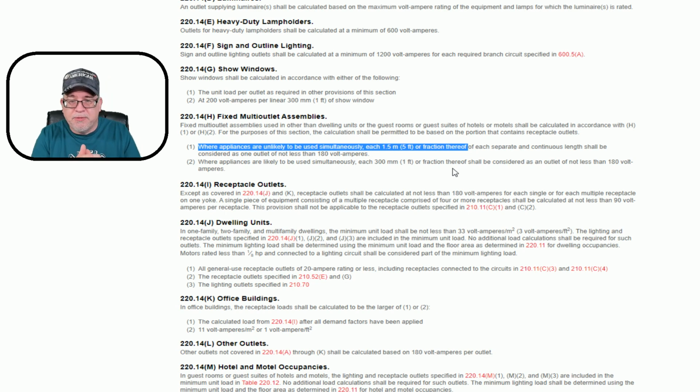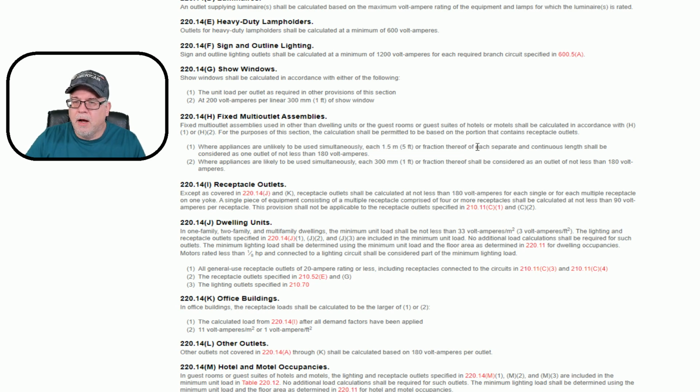If I have a 3 foot section, and it is unlikely to be used simultaneously, then that 3 foot section is a fraction of 5 feet, so it counts as 5 feet. It's kind of like rounding it to a 5 foot section. You get me? It says, of each separate or continuous length shall be considered as 1 outlet and not